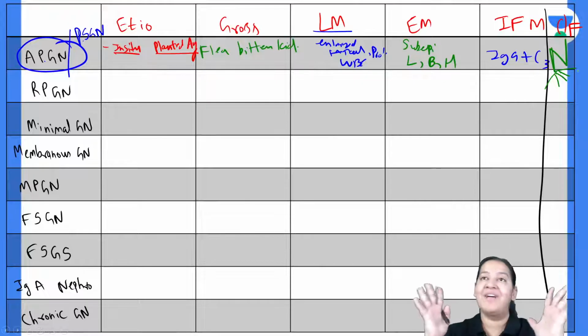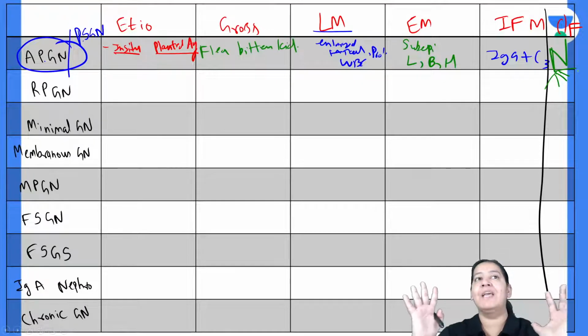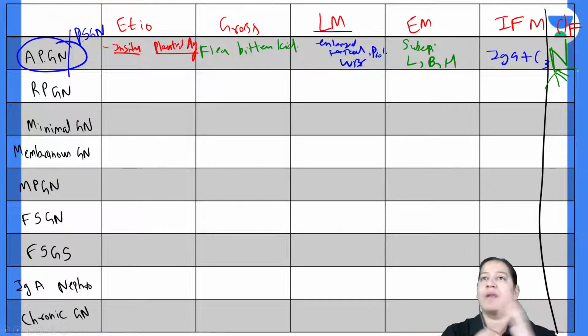I really tried hard in explaining you the various types of glomerulonephritis. This is the first one. I'm going to teach you all 9 types in this way. So everyone give me a thumbs up if you got this point. Everyone. Let me see if I can see a chat. Just a second.